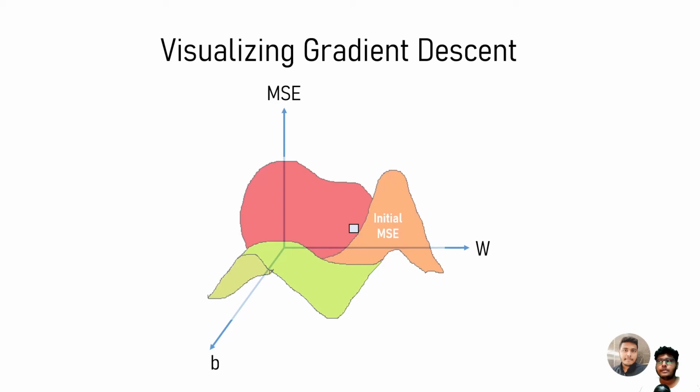So basically when you start training your neural network, initially, as I said, you randomly get the values of W and B from a random distribution, right? And using the random values, you can end up anywhere in this entire graph. If you get lucky, you might end up right over here in the lower zone, if your random distribution gives you values really close to the optimal values. But generally that won't happen, so you will end up somewhere in this red zone. So here you can see that with the initial values of W and B, I end up over here.